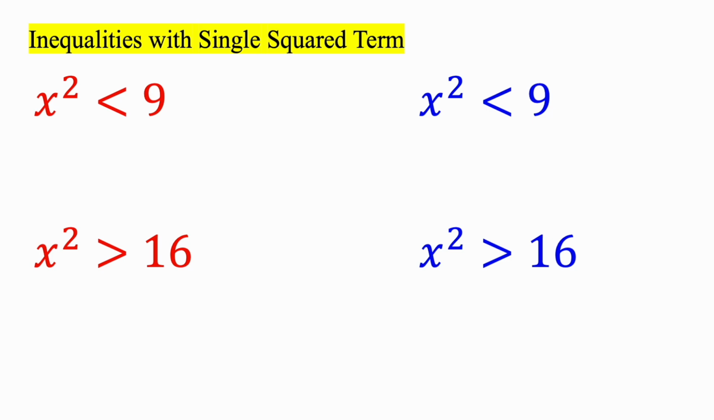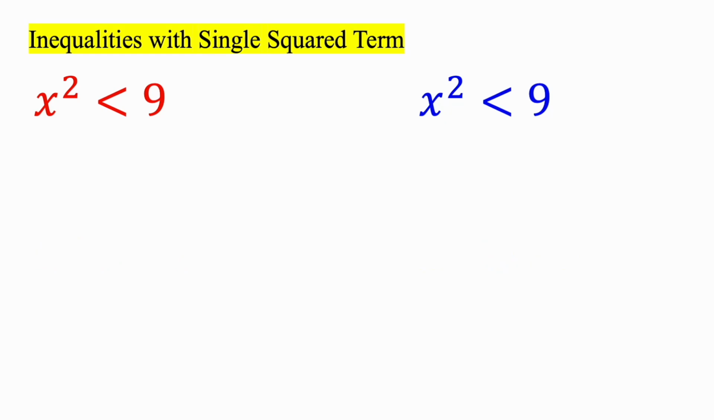Okay, in this video, we're going to cover inequalities with a single square term. And so let's begin. We're going to solve this problem in two different ways. The first way is, what if we take the square root of both sides? And so we're going to get the square root of x squared is less than the square root of 9. Now the square root of x squared gives us the absolute value of x is less than the square root